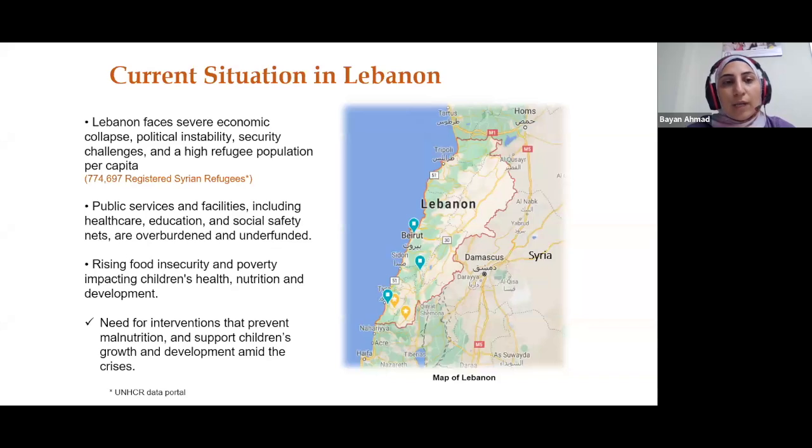We've been going through a severe economic situation since 2019. We have political instability, the currency collapse, and recently an unstable security situation going on since October 2023. All of these crises have put immense pressure on the resources of the country, the services, and also on the infrastructure. Our public services and facilities, including healthcare, education, and social safety nets,